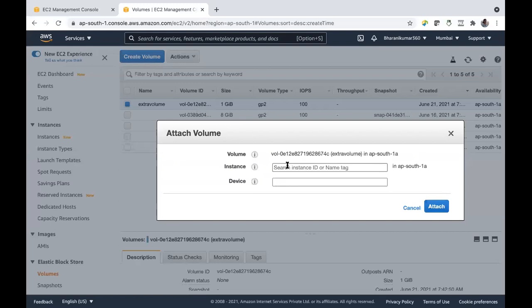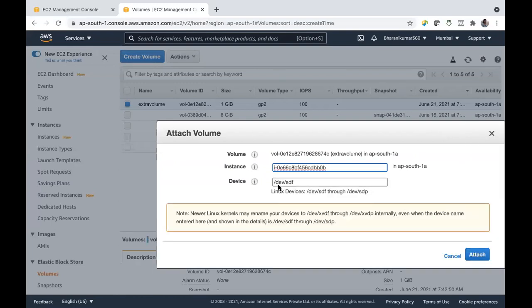It will ask the instance. In the drop down, you can select this instance. And no need to edit this. This is the device name. The new volumes name given by your Linux. It's /dev/sdf. You can also see newer Linux kernels may rename your devices. That means after logging to your EC2 instances, name may or may not be the same one.